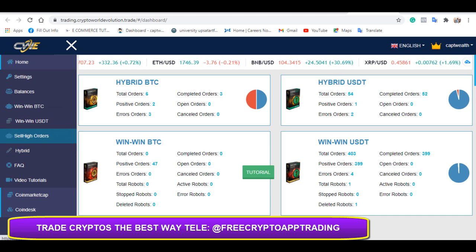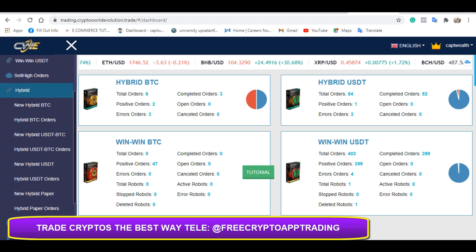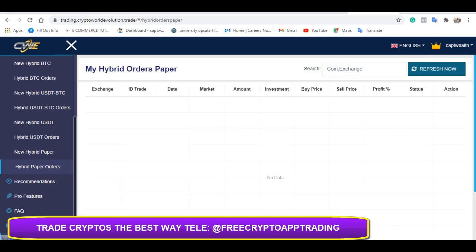I click on hybrid. I go to new hybrid USDT, but in this case, I will do paper because I moved the money out to trading. I moved the money from my USDT wallet to my BNB wallet. So I will trade the paper, then